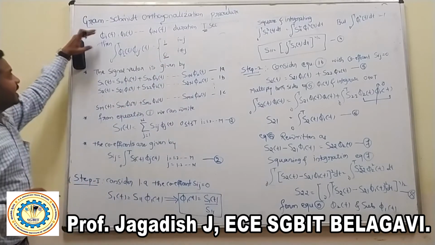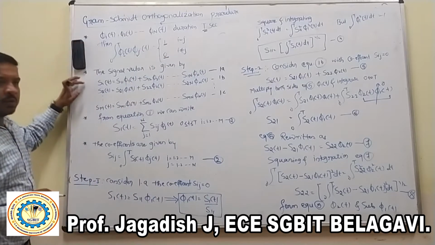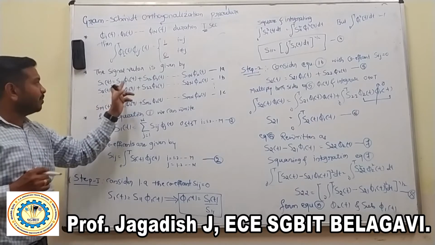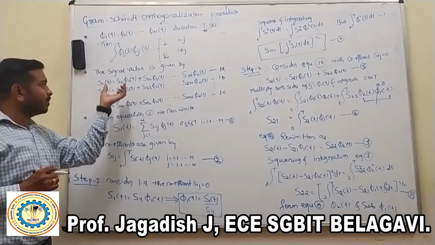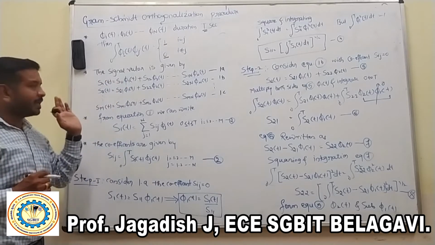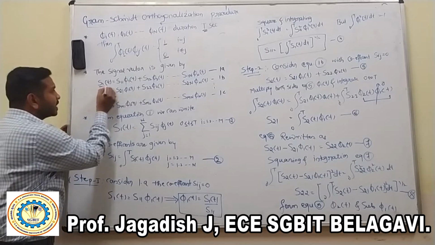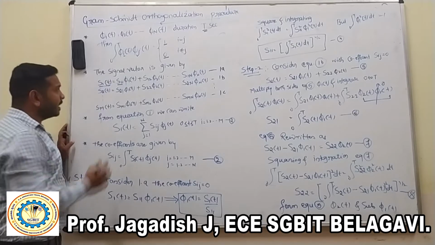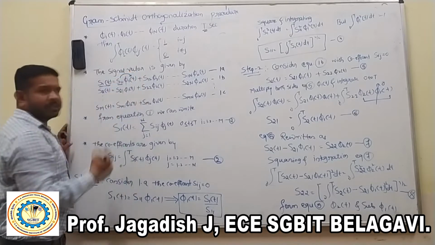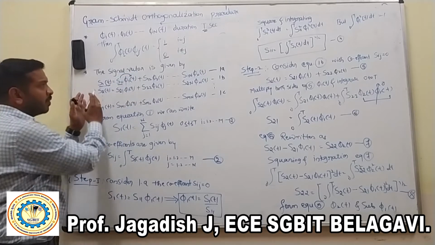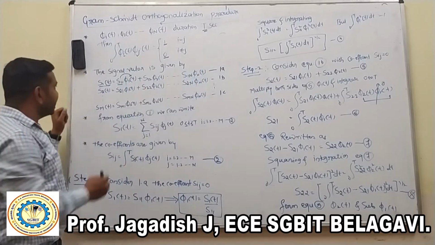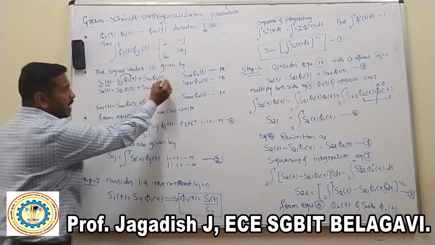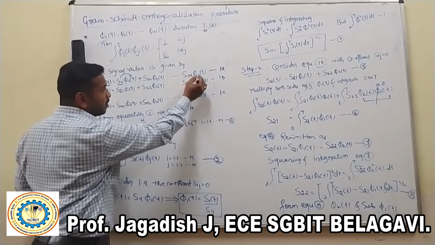Okay. So once you define the orthonormal basis function, then we have to define the signal vector. The signal vector is the combination of the message signal and carrier signal, or the multiplication of the message signal and carrier signal. First we define S1 of t. S1 of t is built from S11, the symbol or signal, multiplied with the carrier signal pi 1 of t, and we define this for n terms. Similarly, S1 of t equals S11 pi 1 of t plus S12 pi 2 of t up to S1n pi n of t.